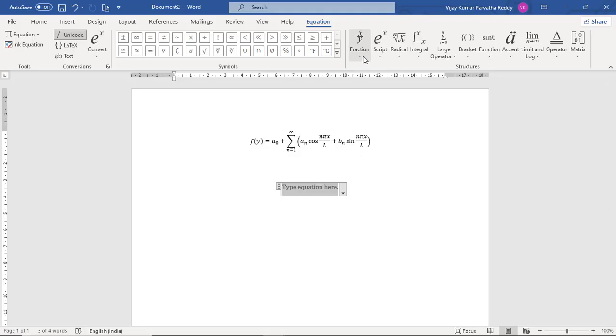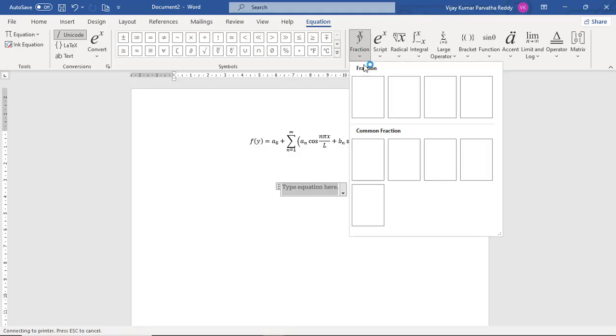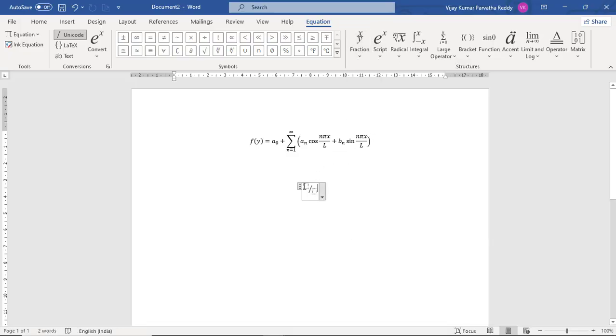So suppose we have different options related to, for example, fractions. In the fraction, two boxes are given. Suppose I am typing like this.